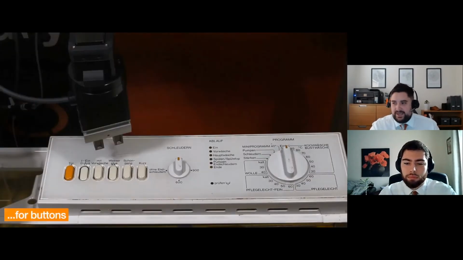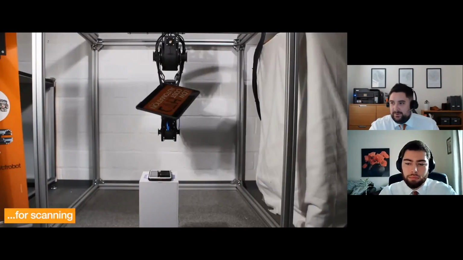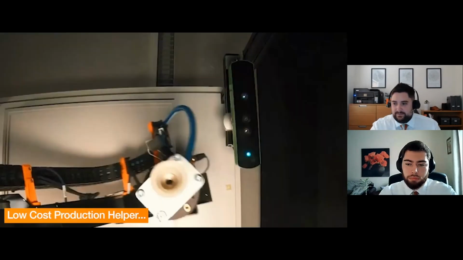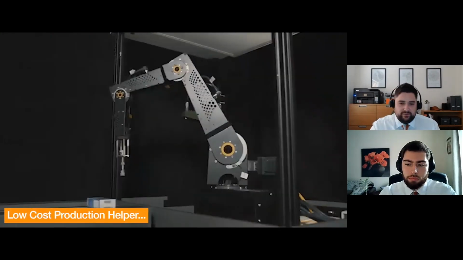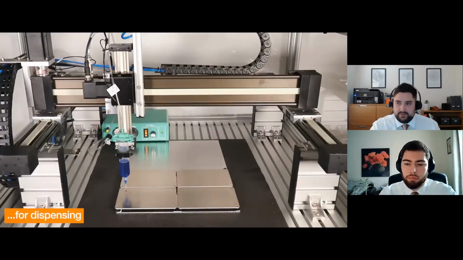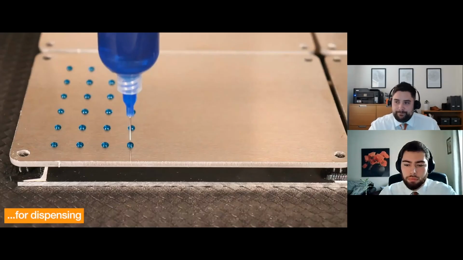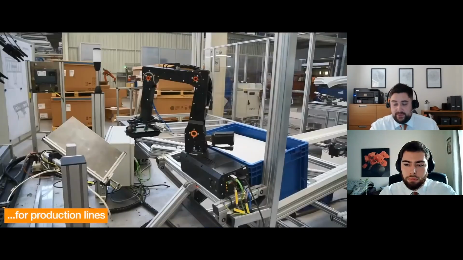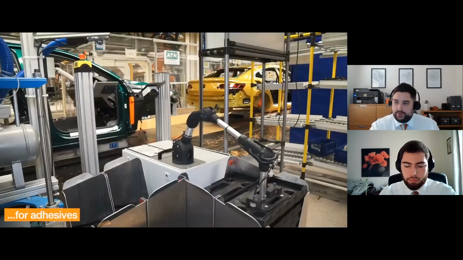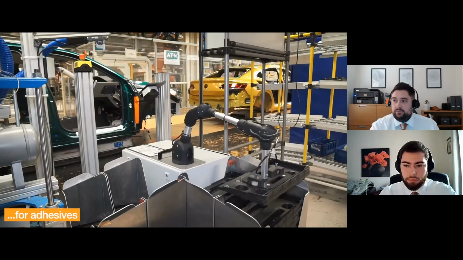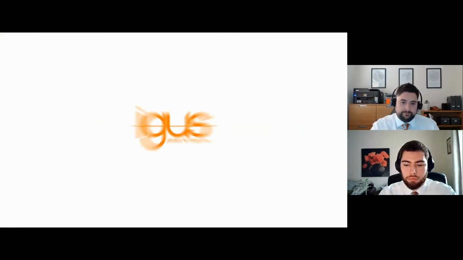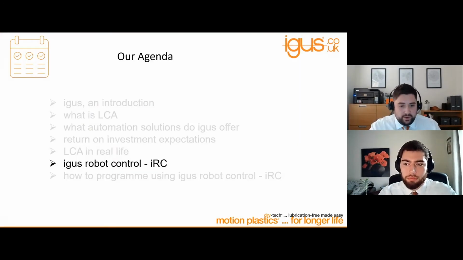To testing, so testing of buttons, or scanning, testing of touchpads, pharmaceutical production, pick and place of various things, dispensing robot, to production lines, so either handing or helping workers with parts to a machine or onto a production line, to dispensing of liquids onto a part. Hopefully they were of interest.